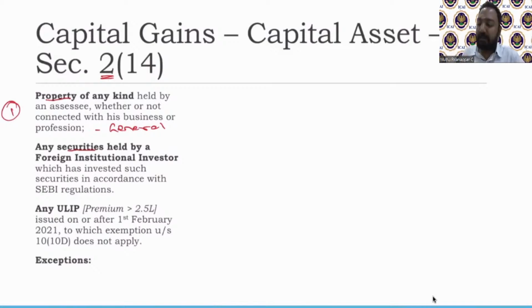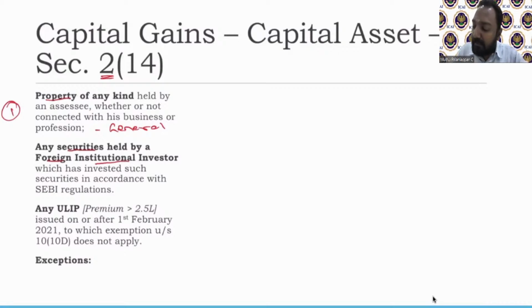Now we'll split the word. What does it say? It says foreign, which means we'll keep it as non-resident. So foreign, we'll generally keep it as a non-resident. Okay. Next, the word is institutional. So what do you think the word institutional could be? An organization, which means they are not individual. They are an organization. So the non-resident we are talking about is not an individual, it's an organization.